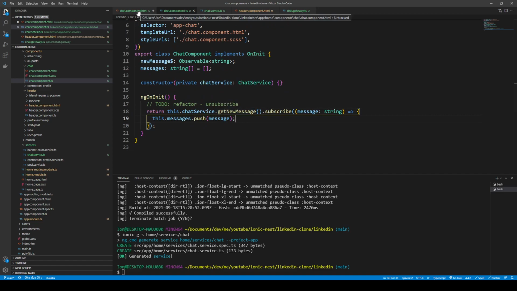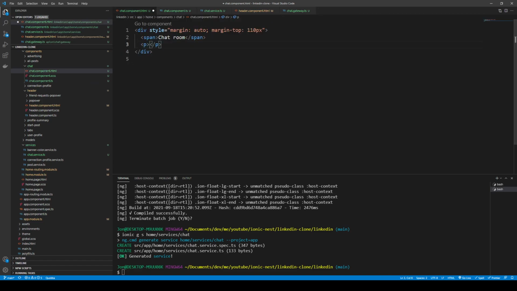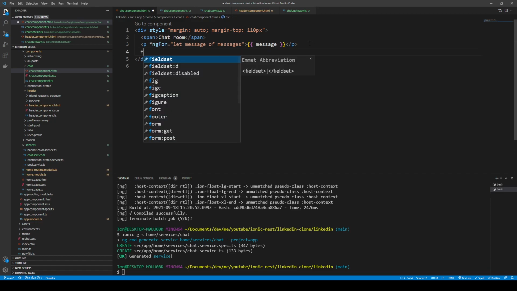So that means we'll have our messages here. When we return back to our chat component, we can actually have an ngFor here. So ngFor, and we can let message of messages, and then we have our singular message output in the p tag there, and then we're going to have a form,